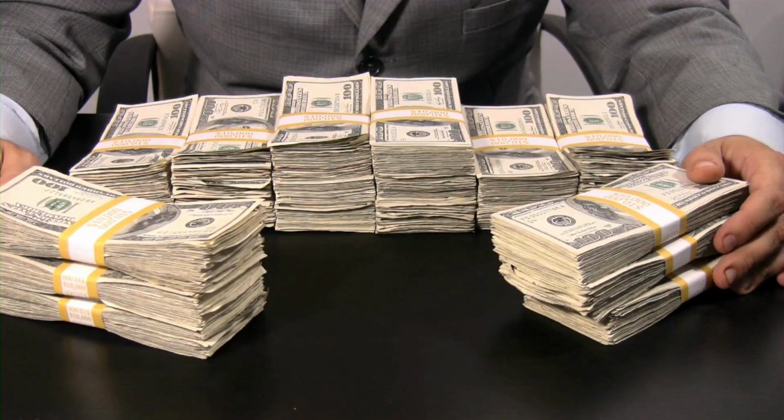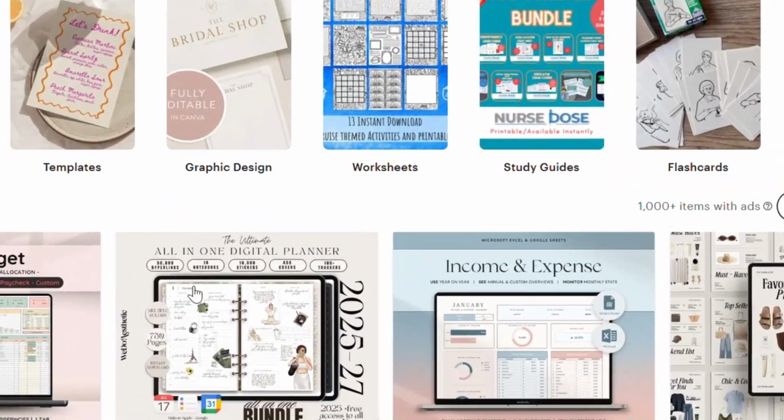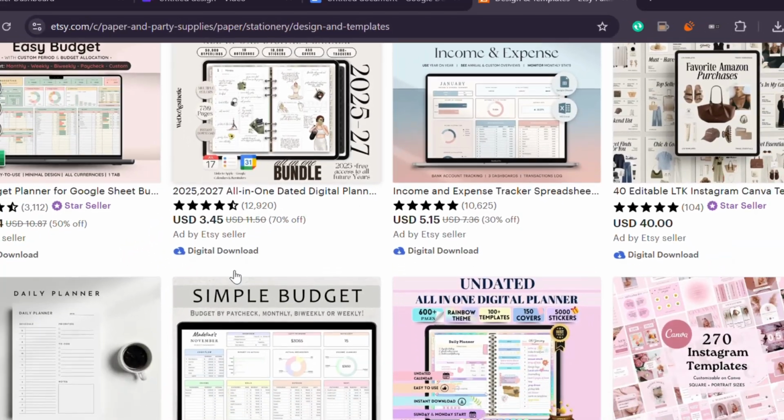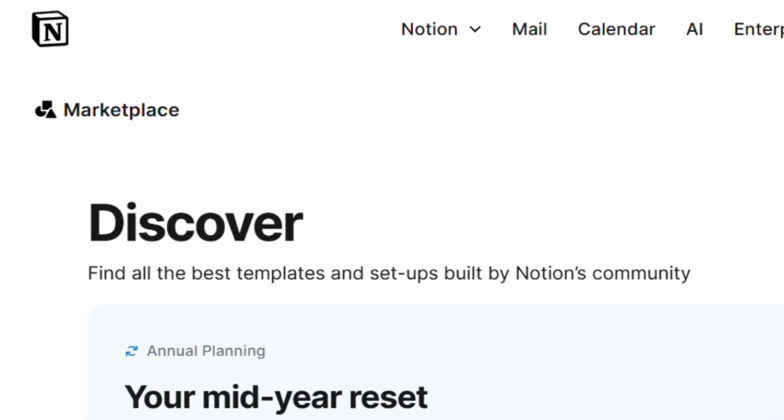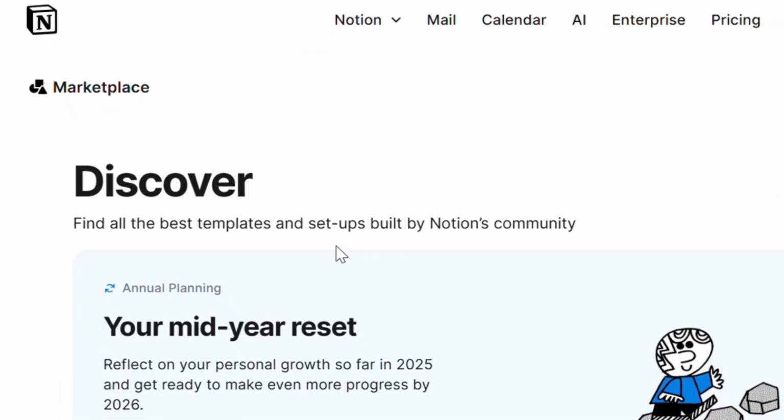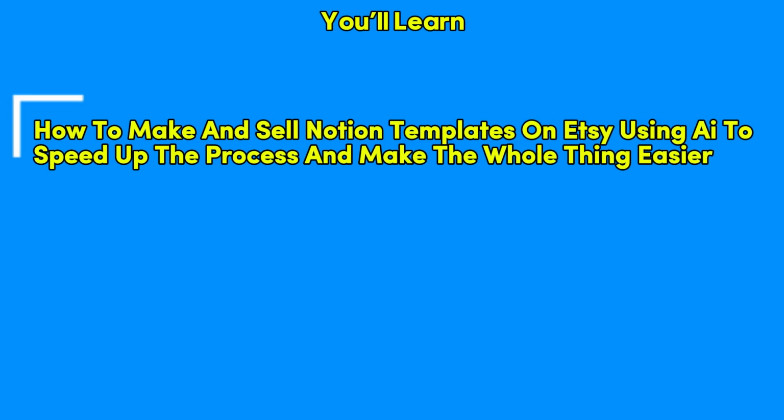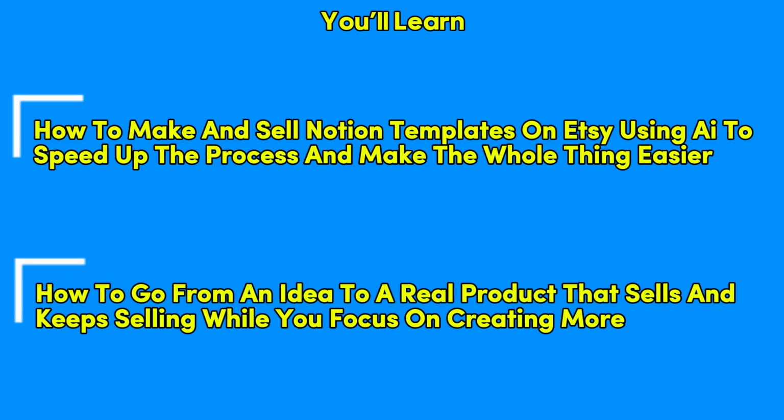The people making thousands of dollars each month from Etsy templates aren't working harder than you. You can also launch a profitable Notion template business without writing code or spending money on ads. Here, you'll learn exactly how to make and sell Notion templates on Etsy using AI to speed up the process and make the whole thing easier. Learn how to go from an idea to a real product that sells and keeps selling while you focus on